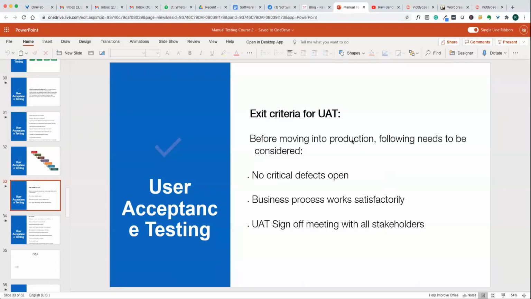Meeting with all stakeholders. These are the steps that will happen before UAT is signed off. If there are any issues in UAT, it will come back to development again, and again that integration and system testing will repeat. We need to repeat that cycle again to start UAT.